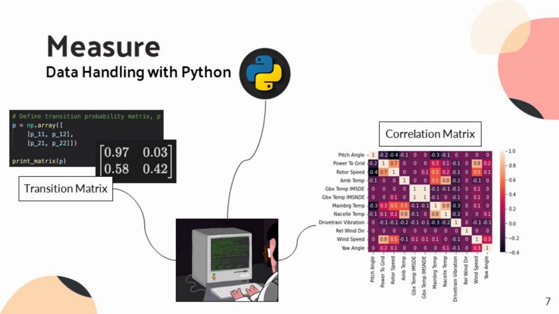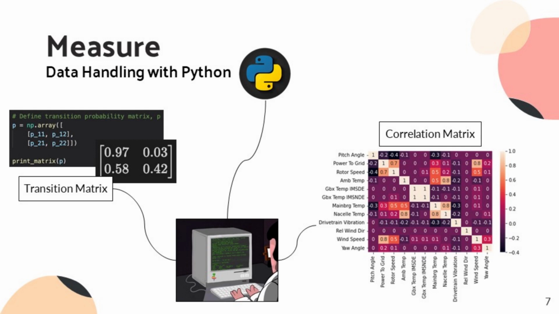The transition matrix to the left, which can offer valuable insight into the behavior of turbines and their states, will make another appearance shortly. The correlation matrix to the right is just another example of how we can use data to determine relationships between different attributes. For example, reading the table for wind speed and power to grid, we notice a very light-colored 0.8 indicating a